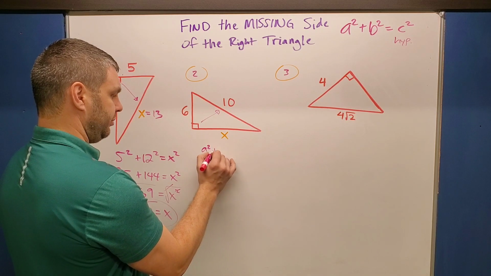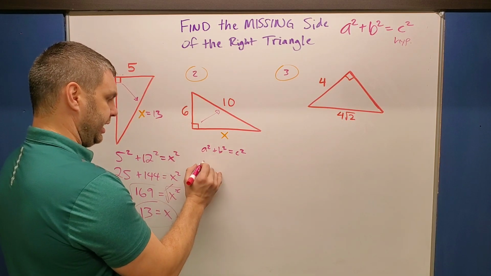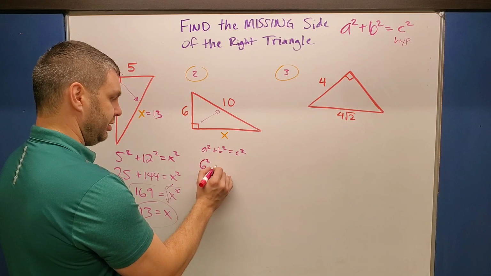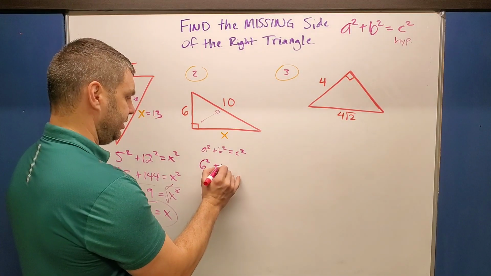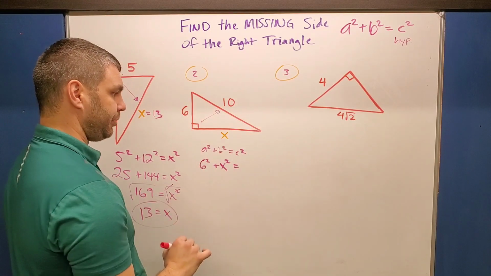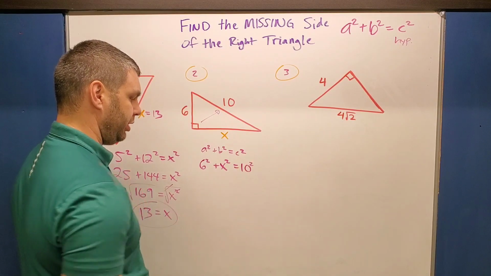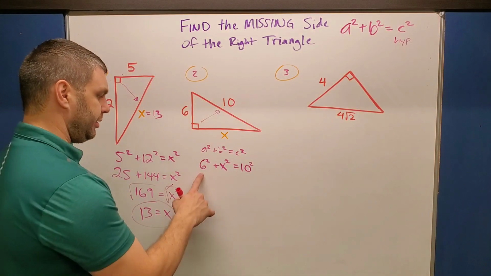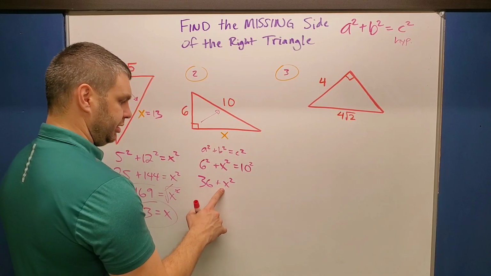So instead of a squared plus b squared equals c squared, one of those legs is going to be the a. I'm going to say this is 6 squared. And then the b is the other leg that I don't know. So in this case, this is the x. All right, x squared. And then the part across from my right angle, the hypotenuse, that's my c, and this is going to be 10 squared in this one. All right, with a little bit of math, 6 squared is 36, x squared I still don't know,